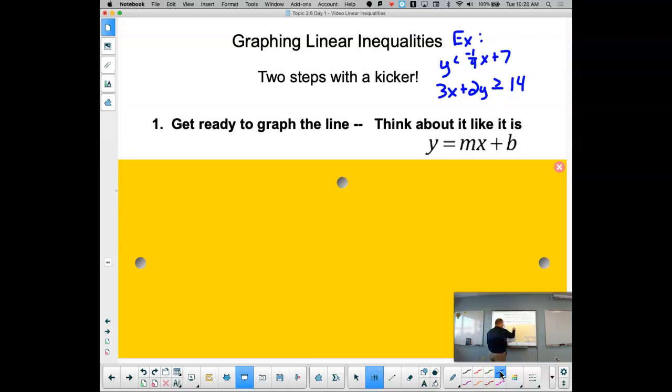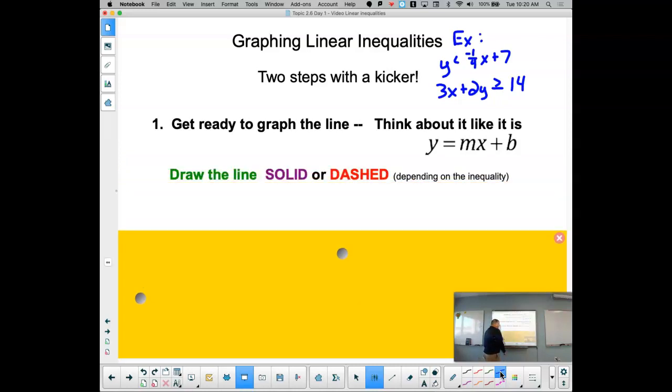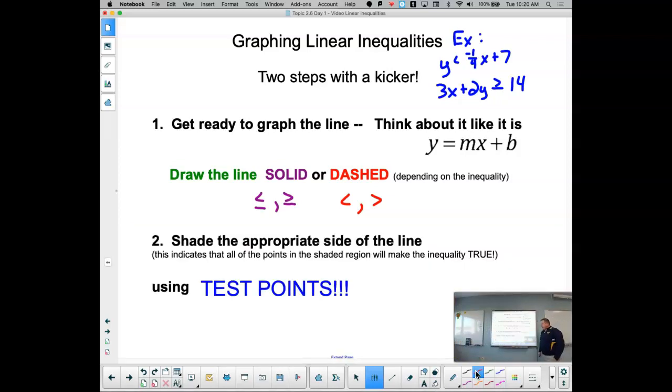The difference here in step number 1 is that if we are in a less than or equal to or greater than or equal to case, our line is going to stay solid. If we are in a less than or greater than case, then our line will need to be dashed as we go through and do that. So we're going to put our line on either solid or dashed,